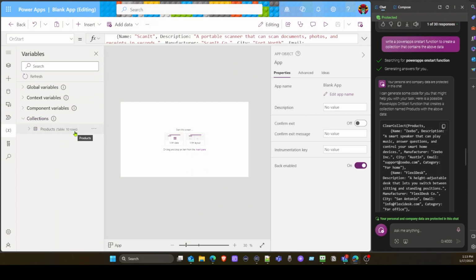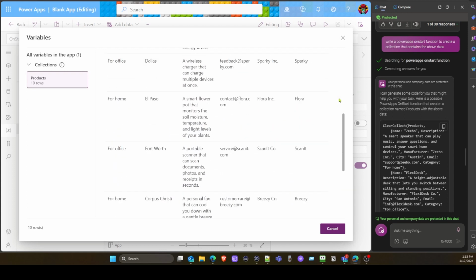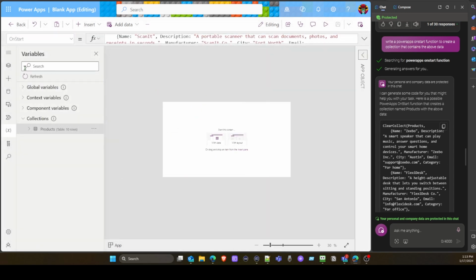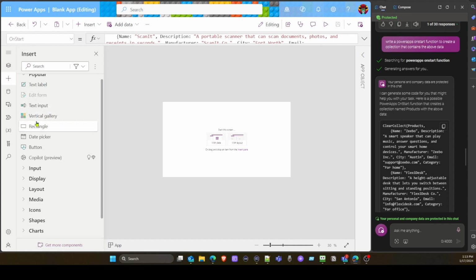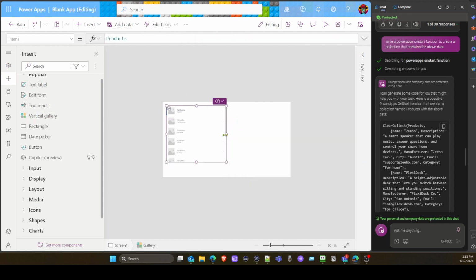We have a table there called products, and that table has indeed the categories, the city, the description, the product name, a little bit of a different order than what the table initially showed, but nonetheless, everything is in here. And I can actually now come and